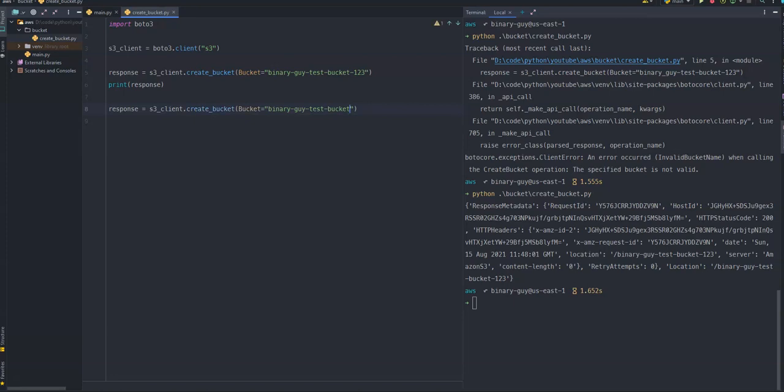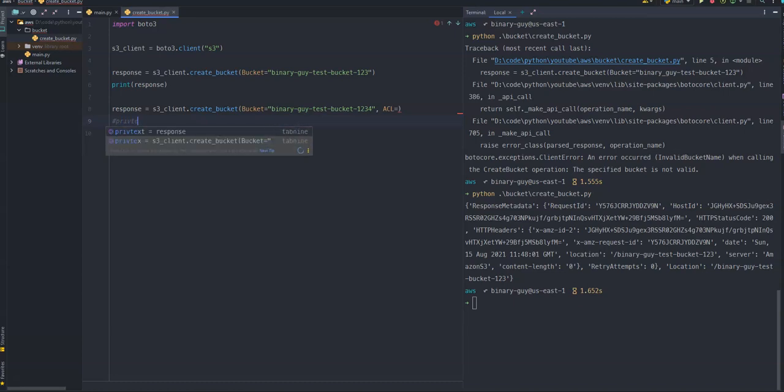command. This time let's say bucket name 1234 instead of just 4. Apart from that, let's say you have to specify one ACL. ACLs are the way that you can let AWS know what kind of access this bucket should have, and the supported ACL types are private, which is default, and that means no one will be able to read or write. The next one is the public read. Public read means only you will be able to write, but people will be able to read from it. Then the public read write, that means everybody can read and write from that bucket.